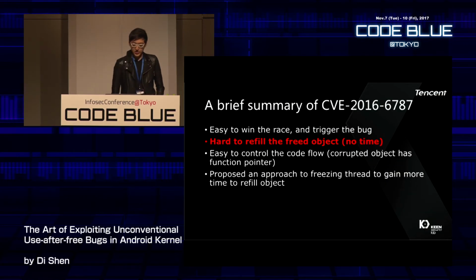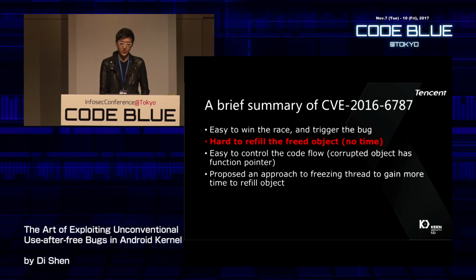So to summarize, in this case, this bug is really easy to win the race and trigger the use after free, and it's also easy to control the code flow because we have a function pointer in the corrupted objects. So the big problem is it's hard to refill the objects because we don't have plenty of time,